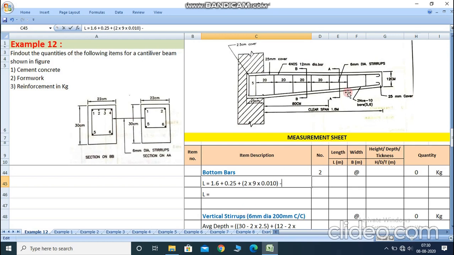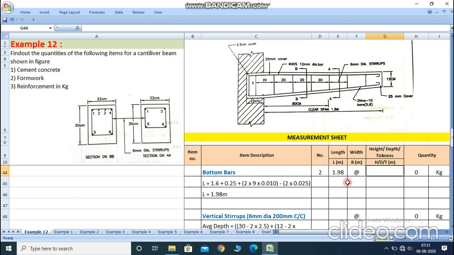At starting and end, here and here, 2.5 centimeter cover is provided, so minus 2 times 0.025. So we got the total answer for the length of the bar equal to 1.98 meter. So we write here total length is 1.98 meter, and